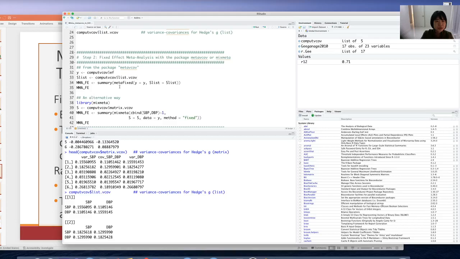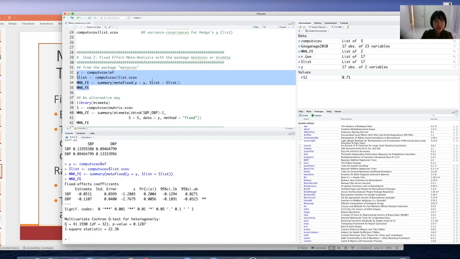We can use metavcov, where we use Y to name the effect size and use S to name the variance-covariance matrix for the effect sizes. And here is the R code. Fitting the model is kind of simple. We only need one line of R code,